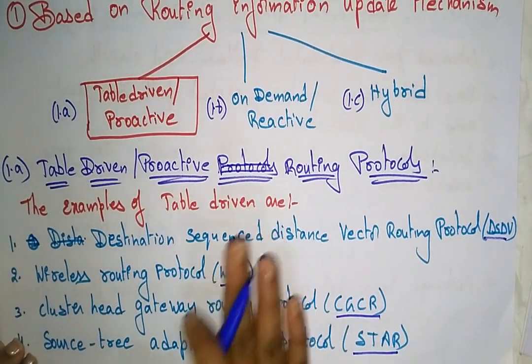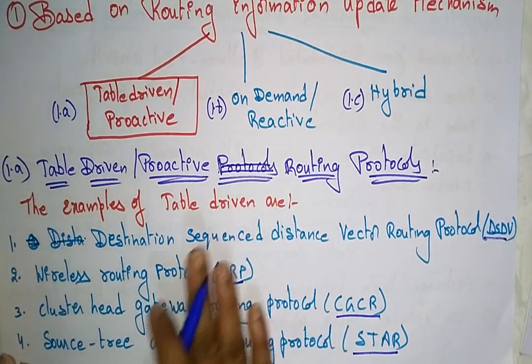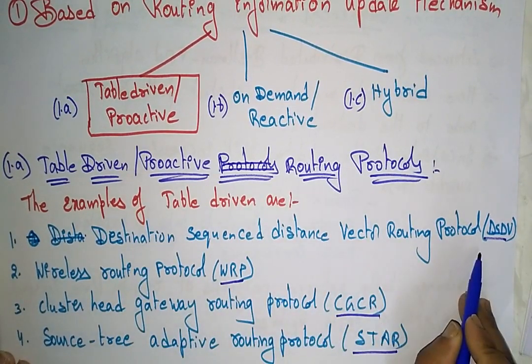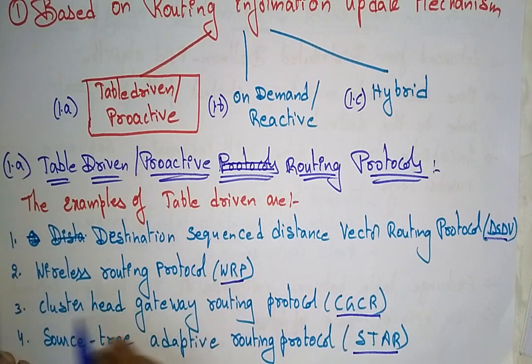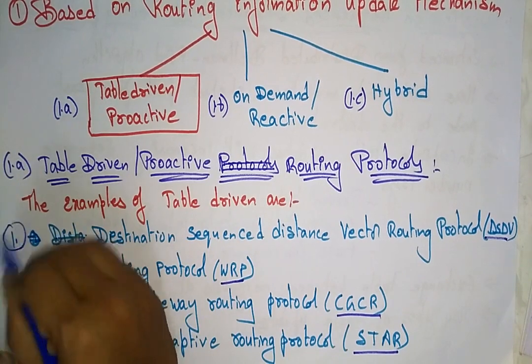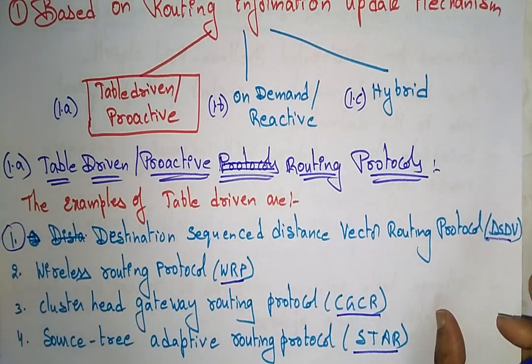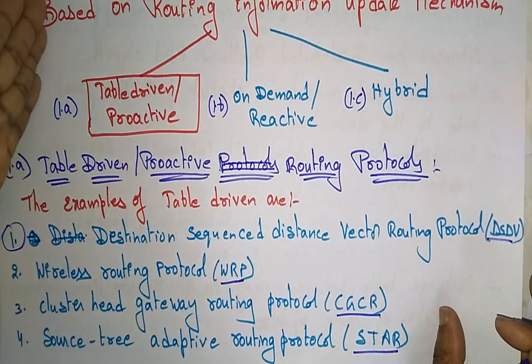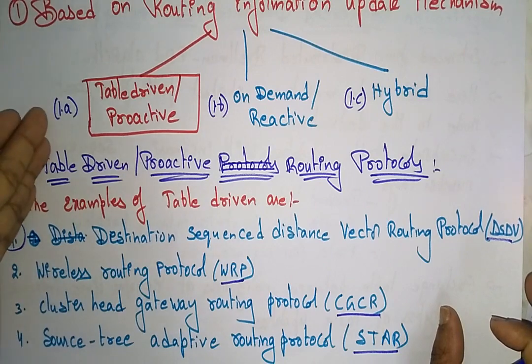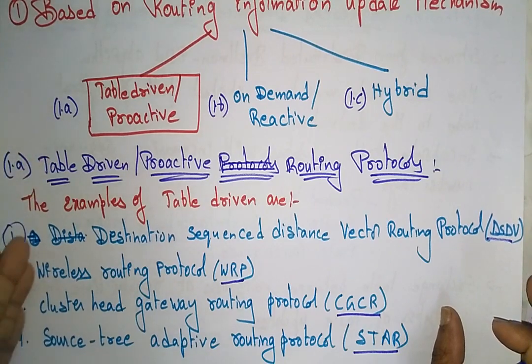The examples of table driven or proactive routing protocols are destination sequence distance vector routing, wireless routing protocol, cluster head gateway routing protocol, and source tree adaptive routing protocol. So let's take the first one, DSDV. We are talking about the classification based on routing information, the first one, 1A. In the first classification, I took 1A, and in that 1A, the example is